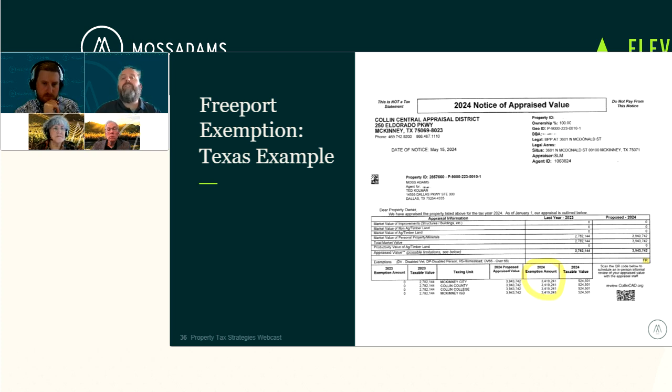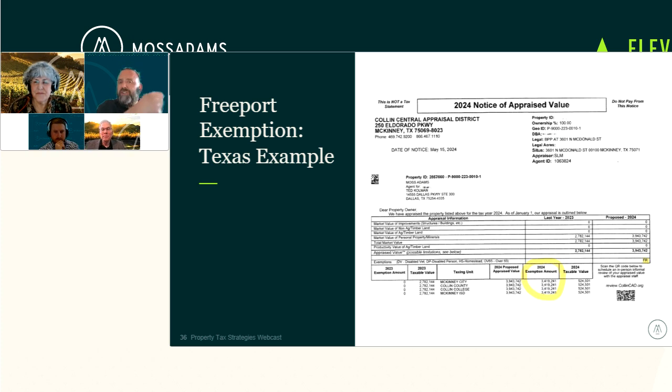That's the amount of inventory that was exempted based on what they shipped out of the state. Because the Freeport exemption, the intent is that you don't get dinged or taxed on inventory that's not gaining situs, if you will. And I know some of my SALT brethren are going to probably beat me up on that, but that does go to show that they're not going to penalize you if you are shipping out of the state of Texas.